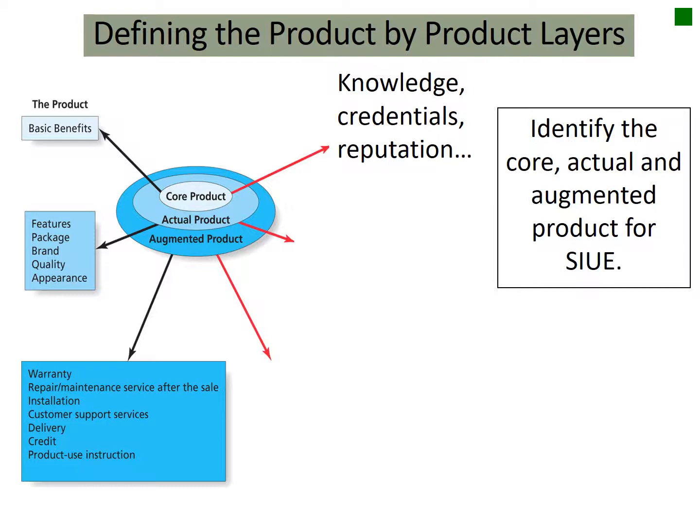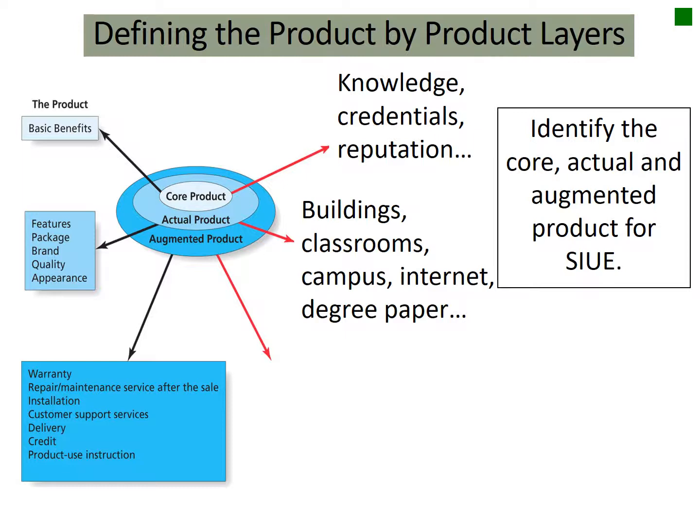They're looking for credentials and reputation, and for the ability to say that they have a degree and be able to use the information or knowledge that they've obtained. The actual product's a little trickier, but it would include things like the physical buildings, the classrooms, the campus, the interaction with the website, the internet, the actual degree or piece of paper that your degree is printed on would